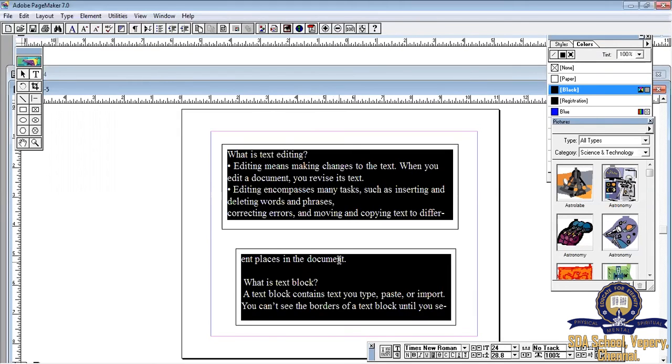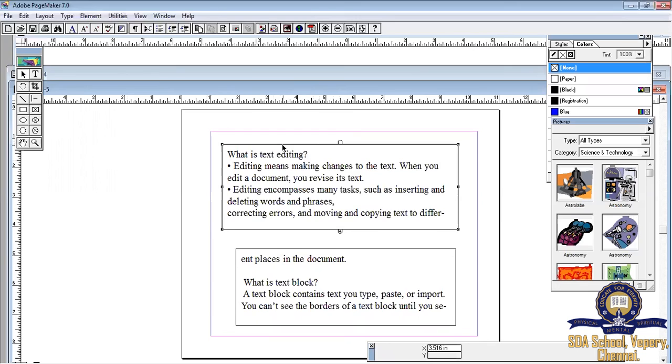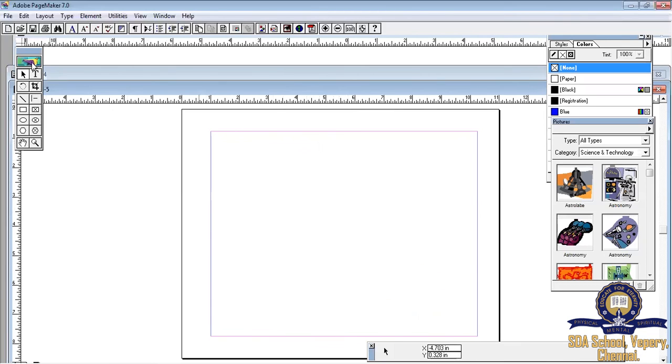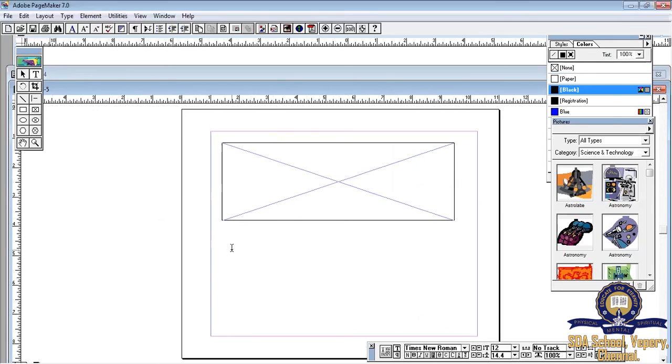Right? Now I'm going to show you how to move a text block's text to a frame. Let me draw a rectangle frame first on the screen. Then draw a text block.